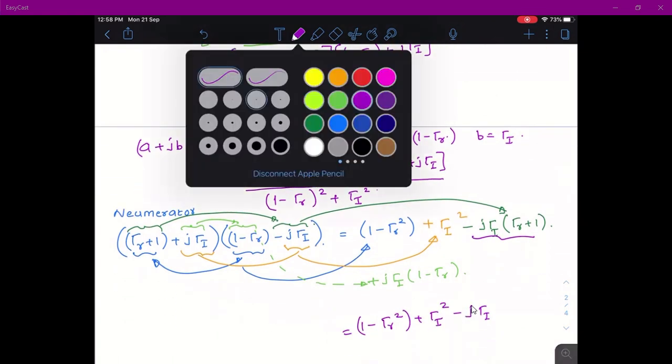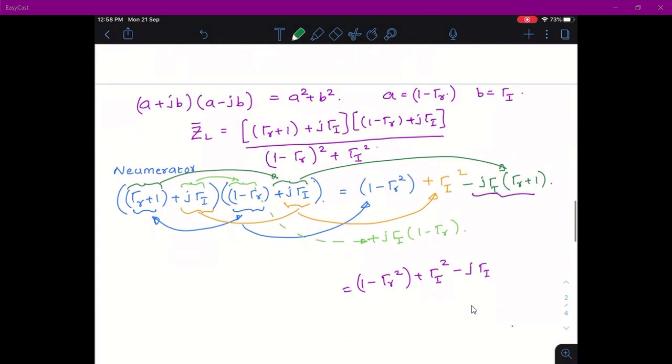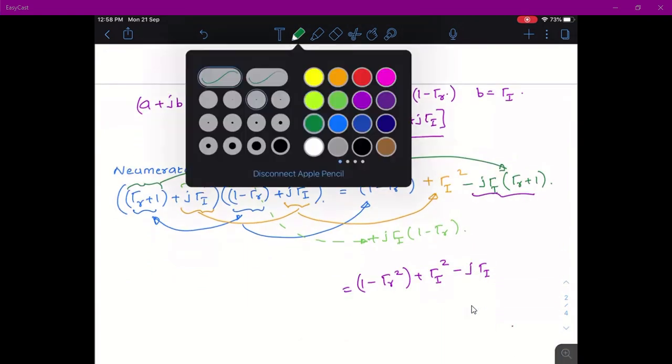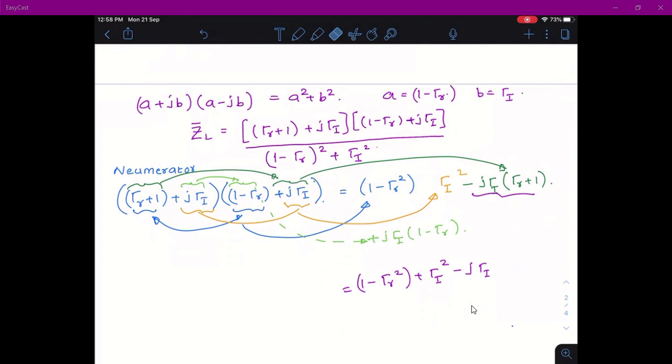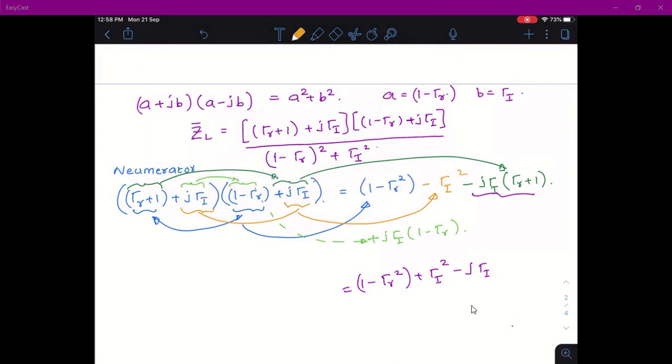So I will have a plus here, which means I will have a minus here, because plus j tau I into plus j tau I will be minus. So this will be minus tau I square, and then you will have